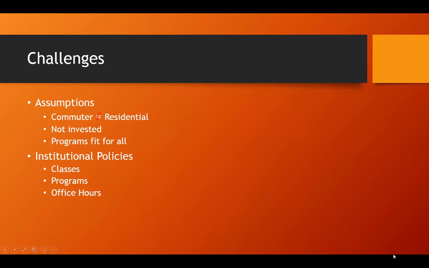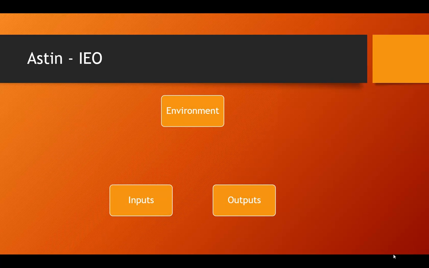Now, when we think about Astin's IEO model, one thing that we think about in terms of commuter students is the environment. And we think, how can a commuter student have a good campus environment? Well, we need to think about this in two ways. So for them, the environment could just be academic as opposed to social. So for a commuter student coming onto campus, their inputs such as being low income, having family background, having to take care of a family, a full-time job, may impact their environment based on their academics. They go for academics, that's what they want to do, so then the output there is either graduation, good academics,